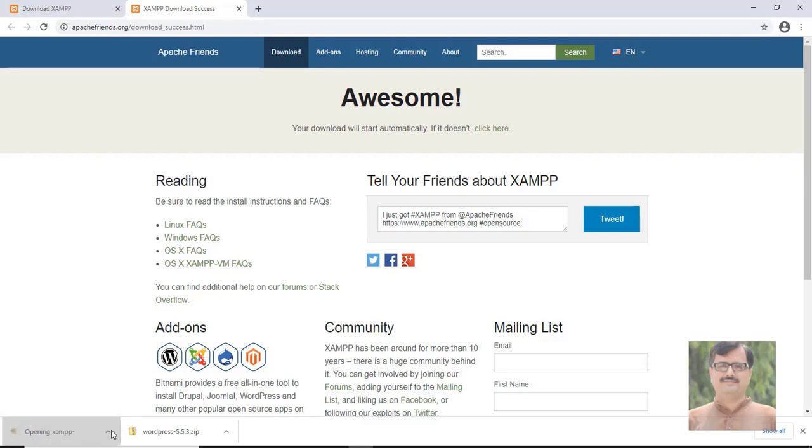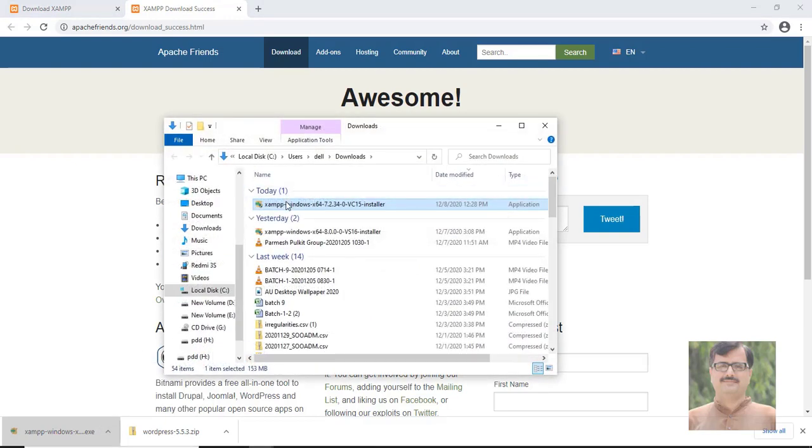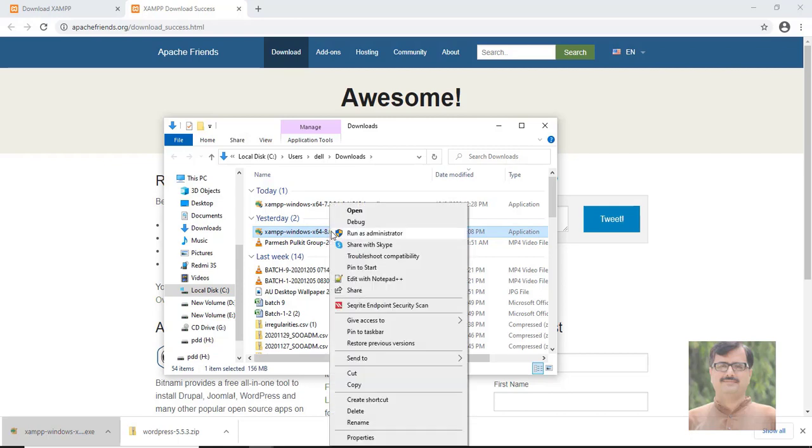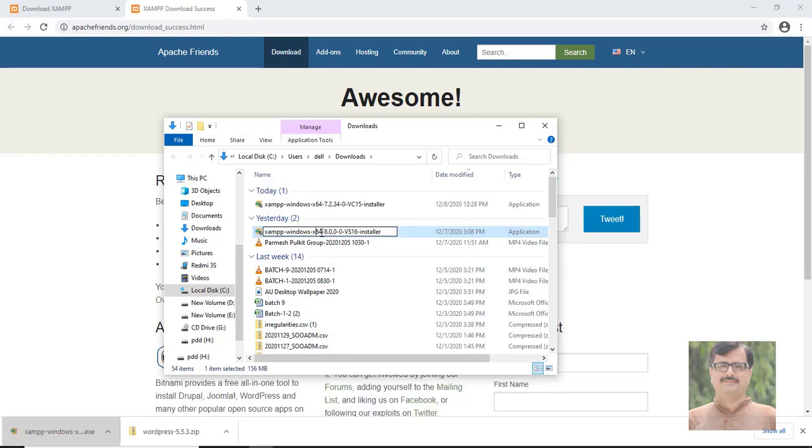Yes, it is now finished. Yesterday I downloaded this one, so some latest version of XAMPP is also available. You can find it and you can download it.